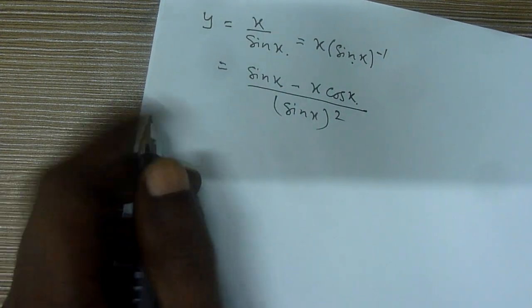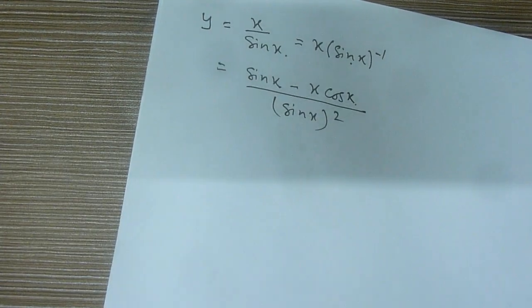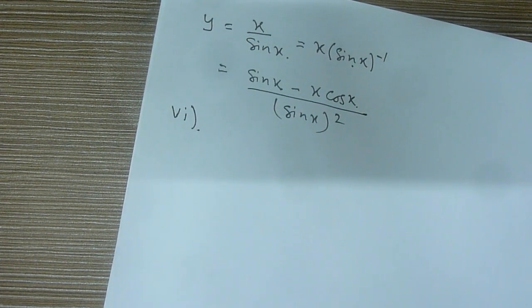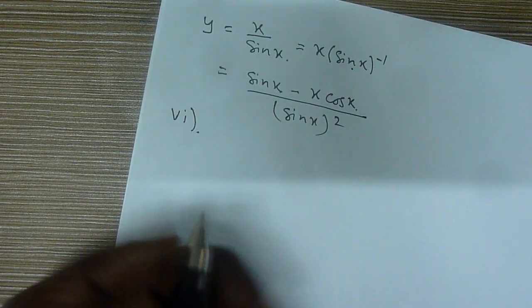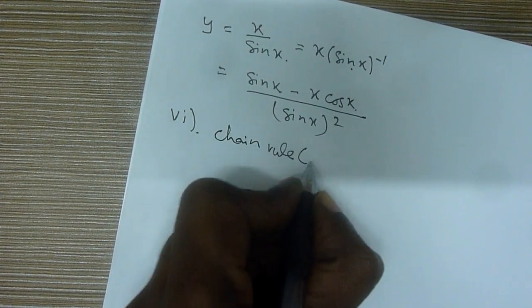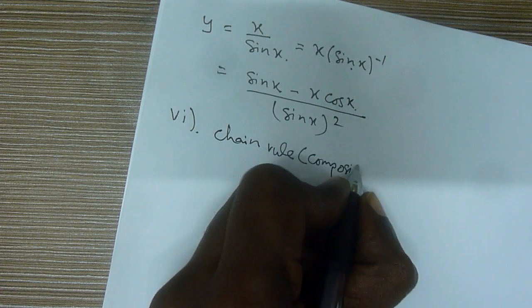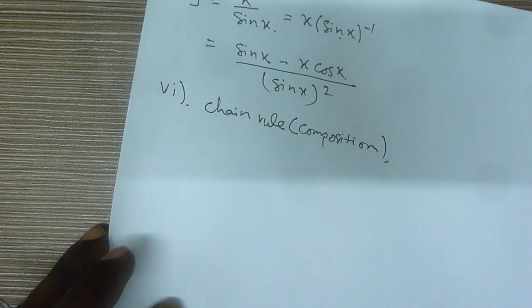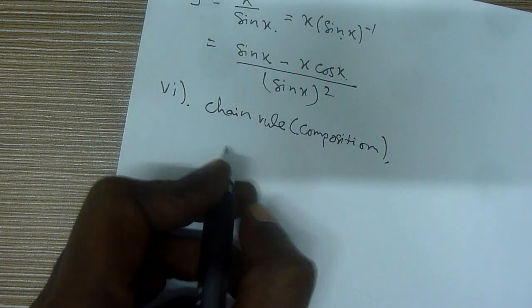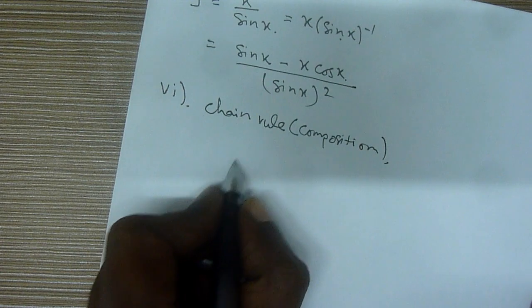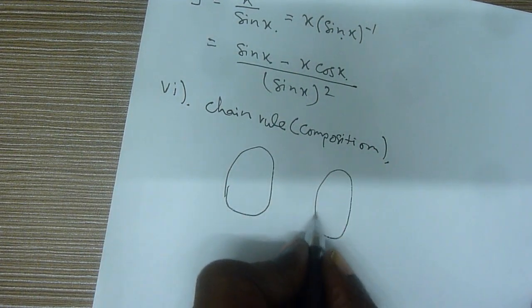Okay, now let me move to question number 5, then this number 6. Okay, number 6 is a chain rule, or we call it the chain rule or rule of composition. Okay, rule of composition. In the rule of composition, the idea of the rule, why they call it a rule of composition or chain rule, is because it involves more than one